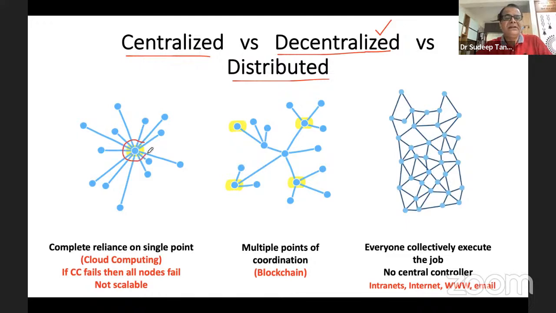In this particular case, we are having a single point of contact. So if because of some network failure, because of some crash fault, I am not getting any kind of response from this central controller or the single point of contact, my entire network performance goes down. So compared to the centralized approach, if I come to the decentralized medium of arranging the nodes, instead of having the single point of contact, I am having multiple points of contact. So if you see the highlighted, the red highlighted circles I have highlighted, these are the multiple points of